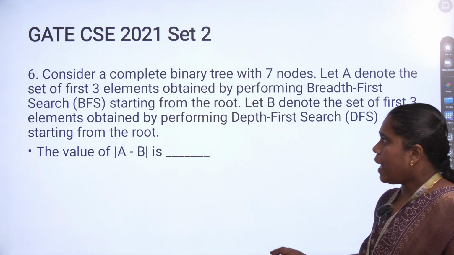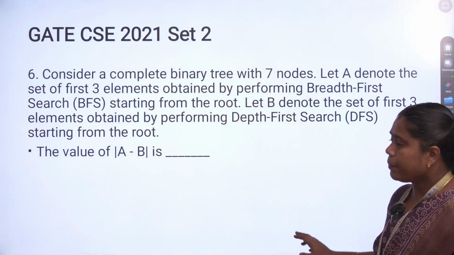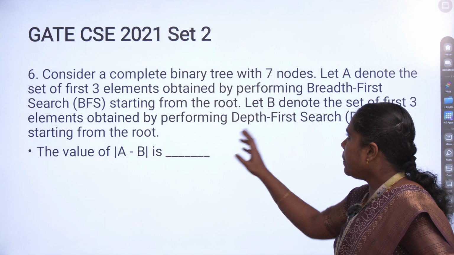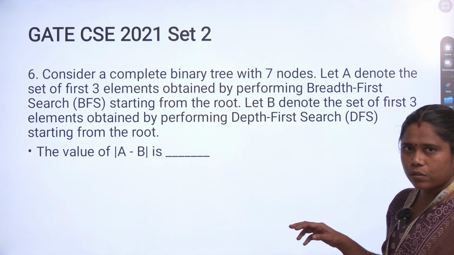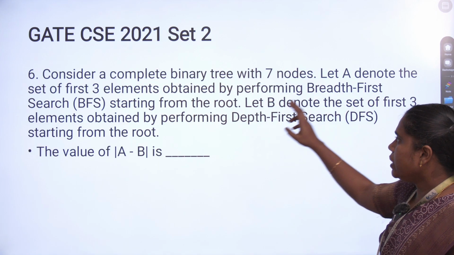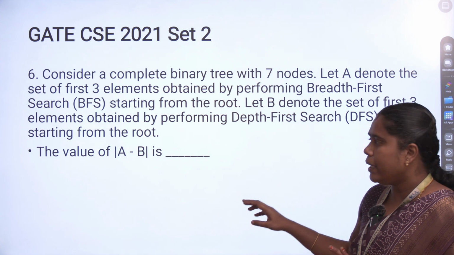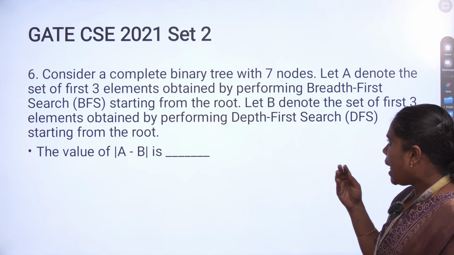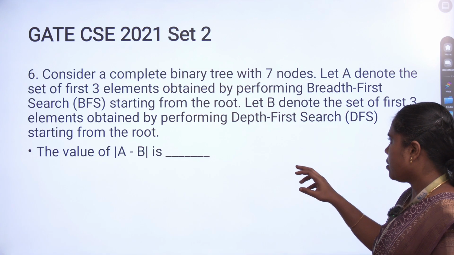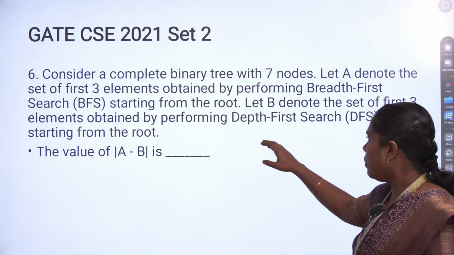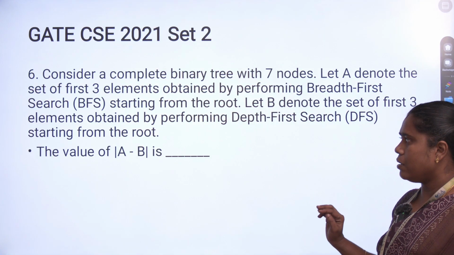Okay, this is the last question. It is taken from the year 2021. So let us read the question. Consider a complete binary tree with 7 nodes. Let A denote the set of first 3 elements obtained by performing breadth first search, starting from the root. And B denote the set of first 3 elements obtained by performing depth first search, starting